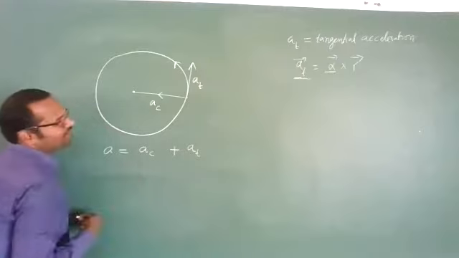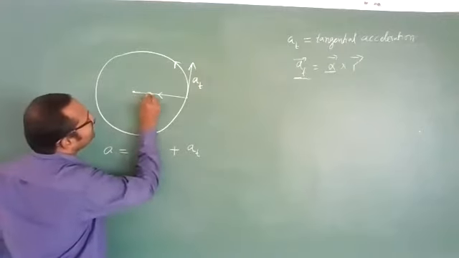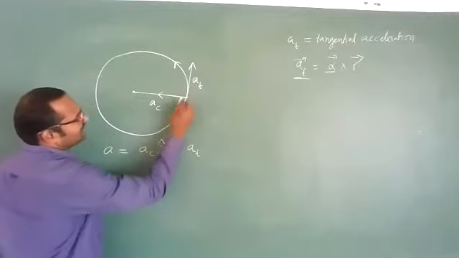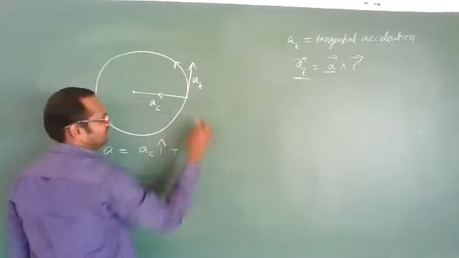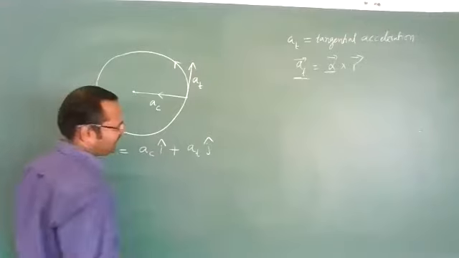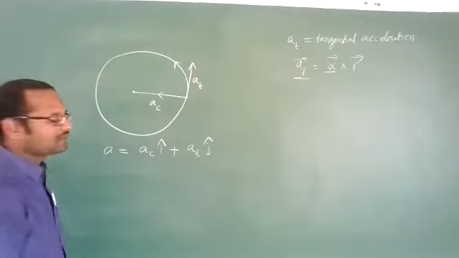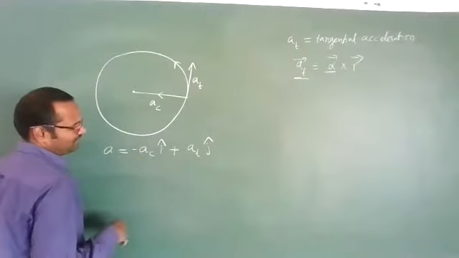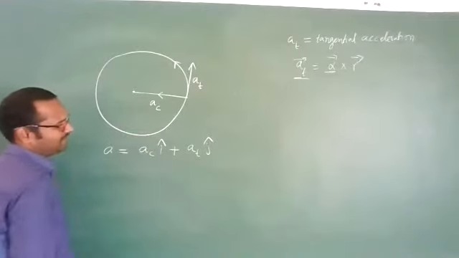And in vector form, if you write, this is towards the center; I take this as i cap, and this is the positive y axis, j cap. Like this you can take. Clear? Always towards the center, so if you write minus AC, that is the direction. Otherwise, simply we can write like this.